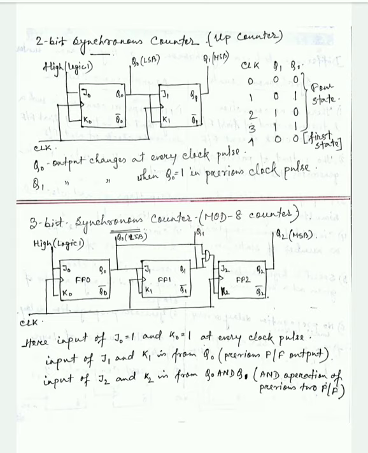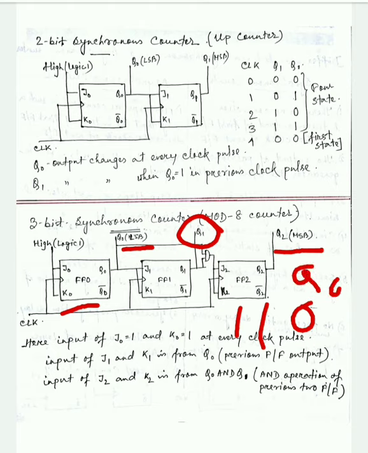Now, the input of J0 and K0 is 1 for every clock pulse, we know, because it is the first one. Achha, one thing I forgot to tell you: we all know that the left side flip-flop gives us the LSB, the right side flip-flop gives us the MSB of a number, and the intermediate one is Q1. So if we have 1 1 0, this is Q0, the middle one is Q1, and this is Q2. Okay,